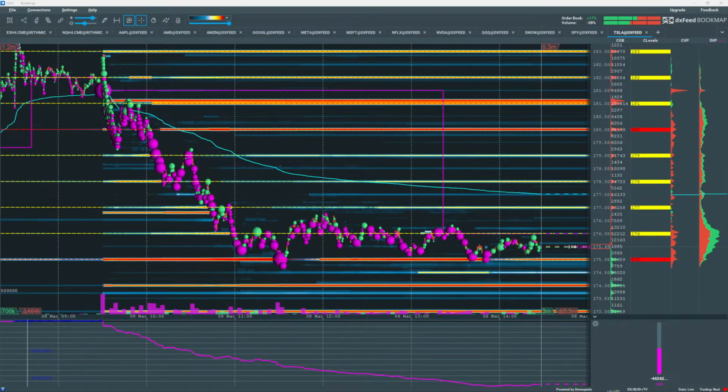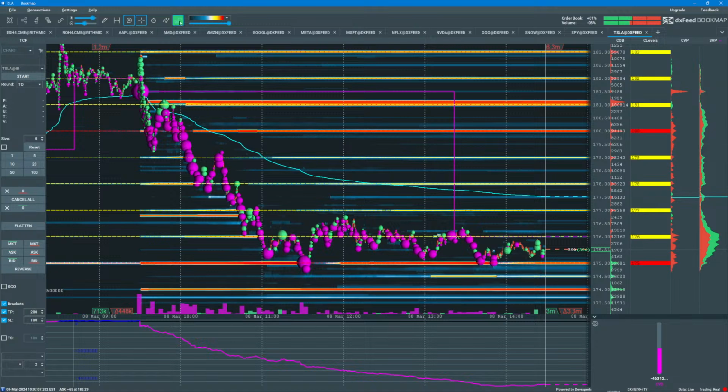All right, for the past week, I have shown the trading features in Bookmap, and I have placed several trades. These trades were not meant to be representative of actual trades. I did those just to illustrate the trading features of the trade control panel here in Bookmap. That was the entire purpose of those trades. I normally don't trade this time of day. Let's go back and take a look at